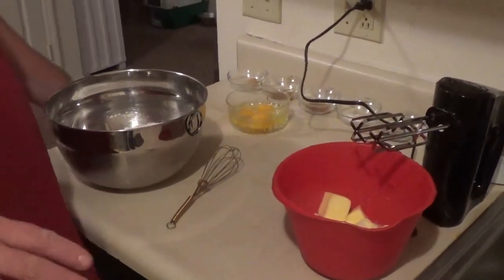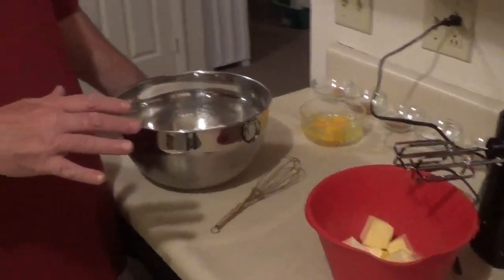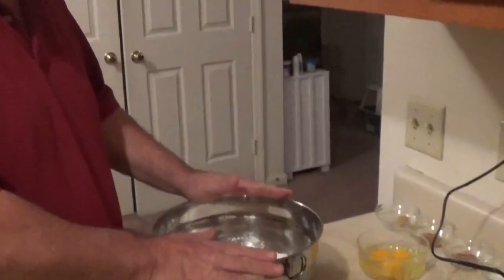Alright, so what we're doing right now is our dessert, which is called Bonbon Siro. Sue's laughing at me right now. Like I said before, as far as the pronunciations go, I'm not quite sure. Maybe by the time I actually air this, I'll look it up and make the corrections. We'll see. Alright, so what we got right now, we have 4 cups of flour,